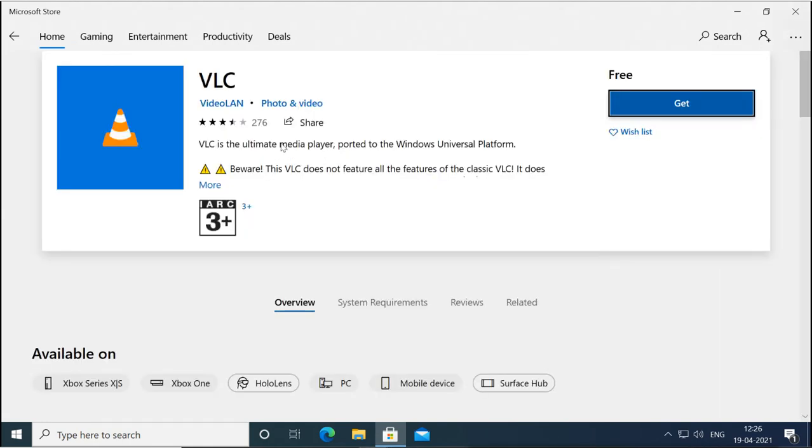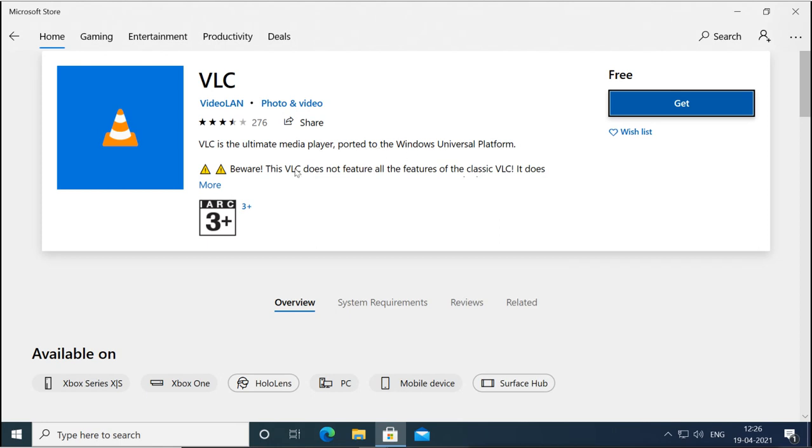So this is VLC player and it is free. If I want to install it, I will click on Get. This is the information about it. It says that VLC is the ultimate media player ported to the Windows Universal Platform.